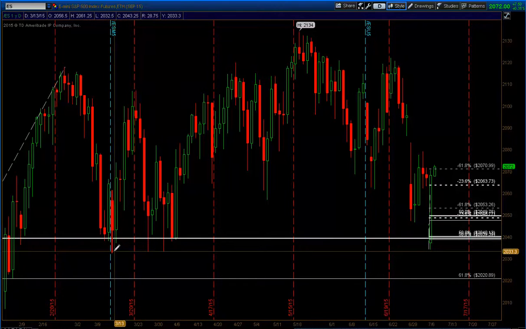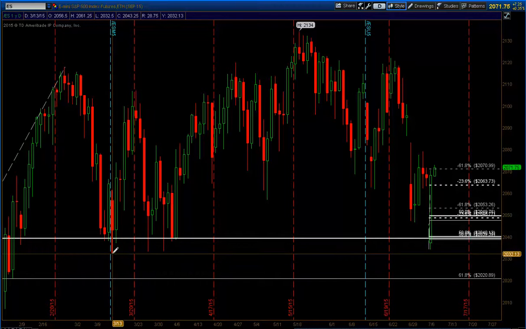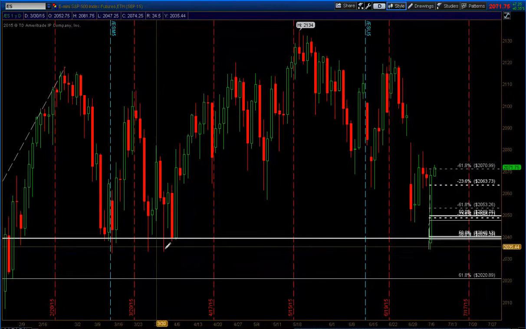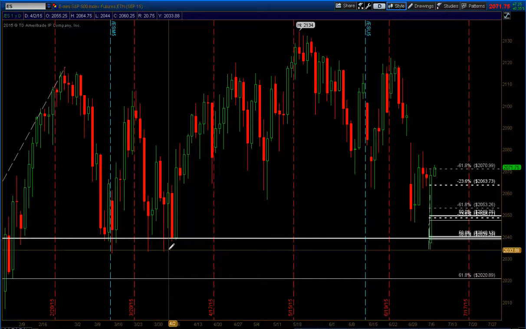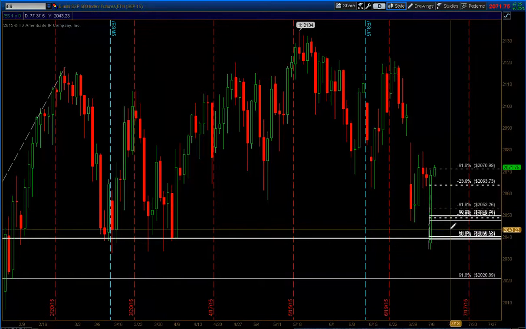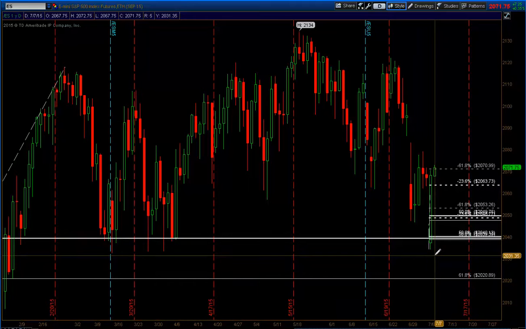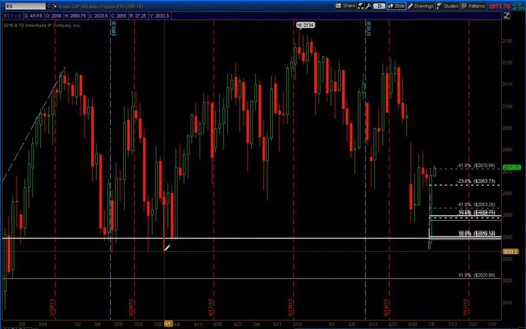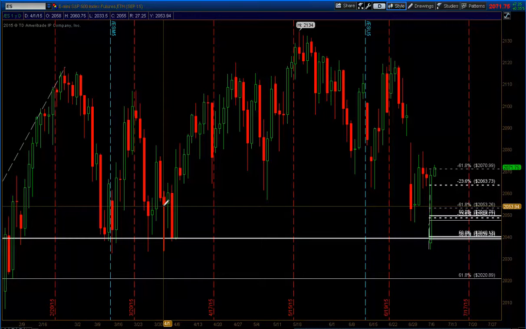Now, if we break this 2034 or 2032-ish level, basically if we come down here and break these swing lows, and it's followed immediately by a sharp push lower, and then immediately we V reverse and start pushing higher, and possibly get a low tick for the day, then I would look for the same scenario: we come down, break lows, fake people out, have them thinking the market's going to push a lot lower, and then the buyers come in and push the market higher once again.